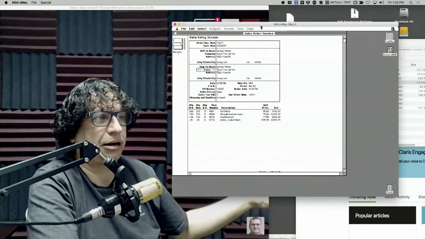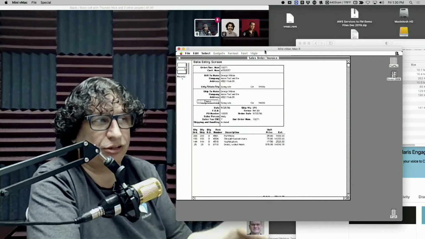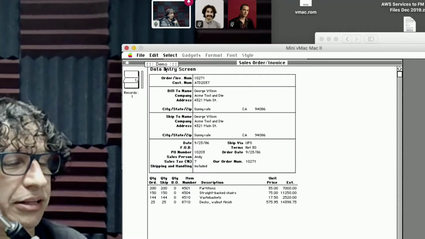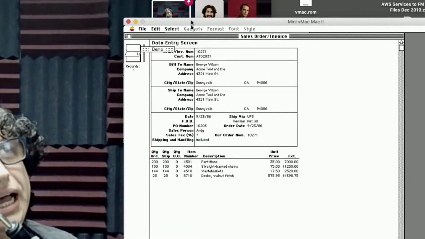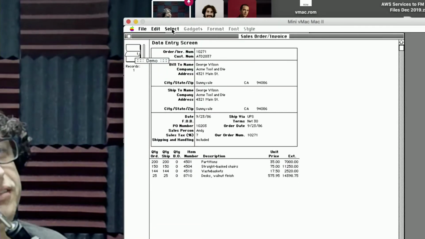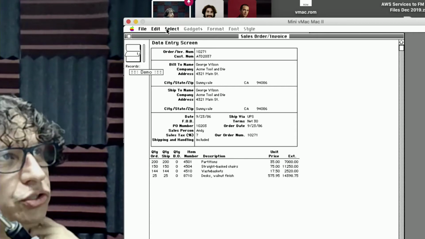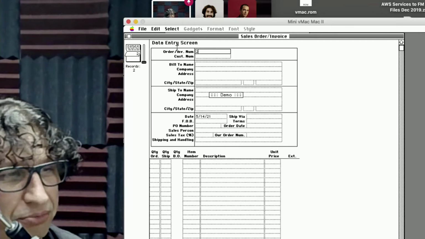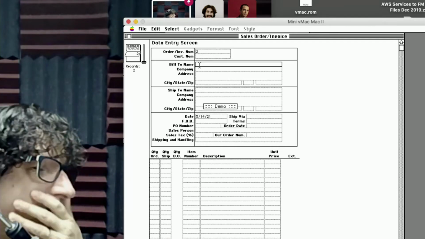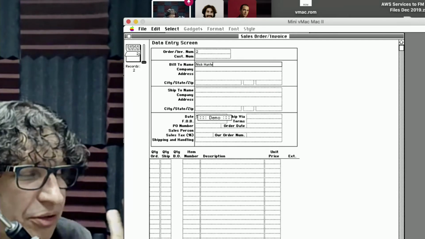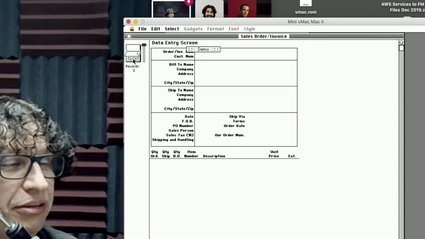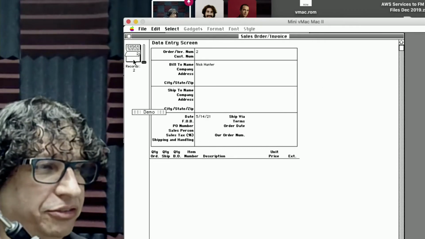We can do something with FileMaker because back in the day we had the runtime, right? So I built the runtime with FileMaker. And when the guy came to pick me up in France to bring me over to the country, we were talking about my remuneration, my income. The guy said, okay, Nick, how much do you want? And I said, I don't know. If you give me 15,000, I will be thrilled.